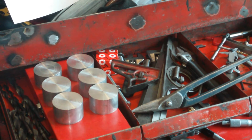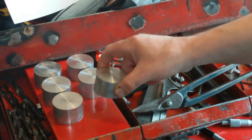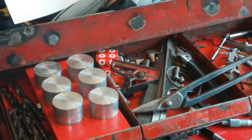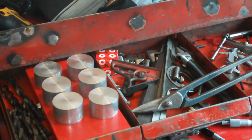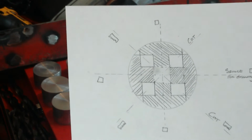Okay, got the 6, obviously there's 6 there, 6 aluminium 2-inch round bar things faced off both sides. And these are for my solar panel mounts. Now, I've got to get this out of them. And this is,